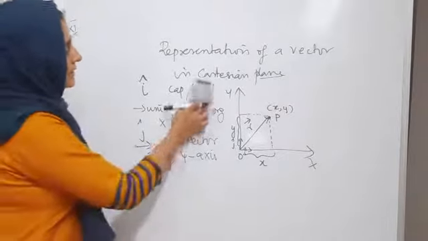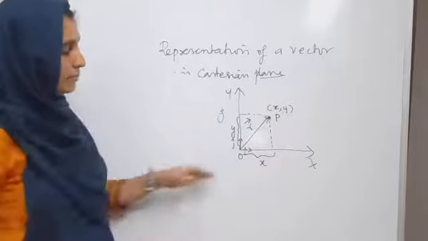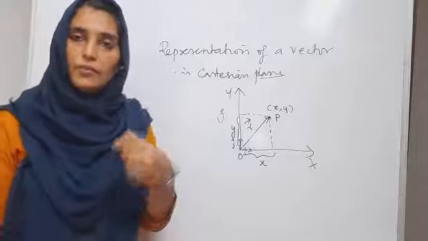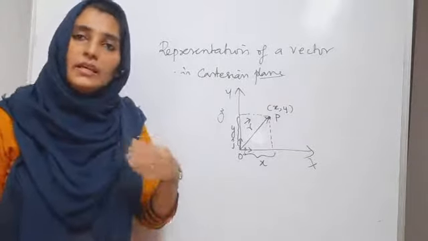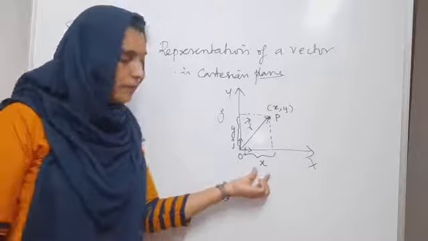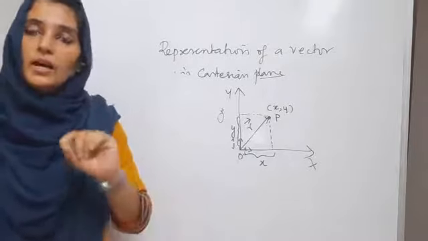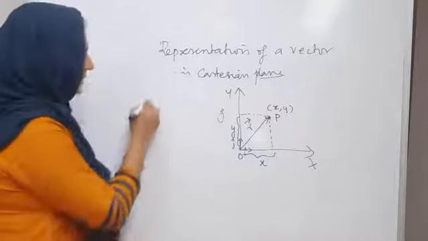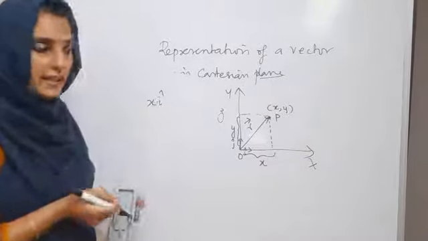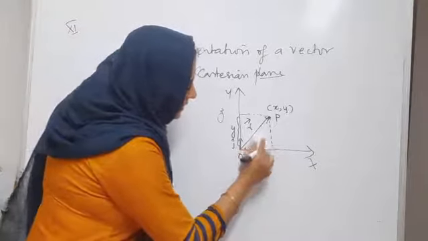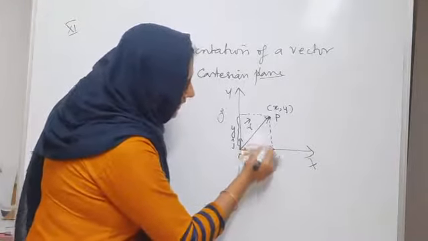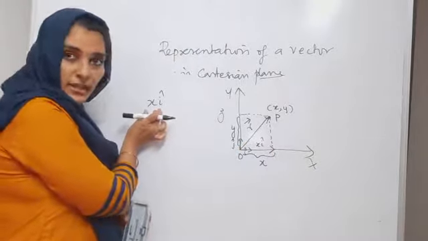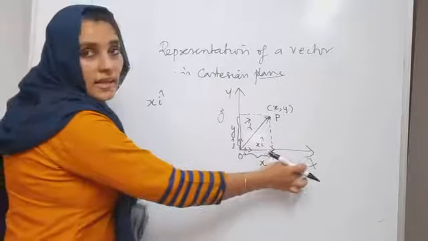Now what is our next task? It is to multiply this x with I cap. What will happen if x is a scalar? If you multiply it with a vector, then this thing will become a vector, because we have learned that multiplication of a vector by a scalar will result in a vector. So x multiplied by I cap, what does that indicate? It indicates that it is a vector, because it has a direction. x I cap is a vector which has x as magnitude and it points in the x direction.